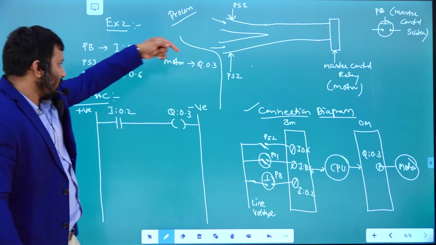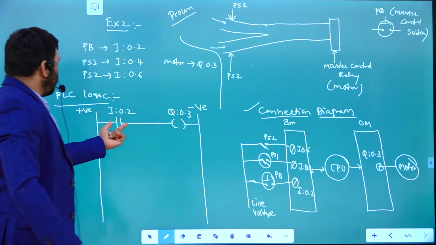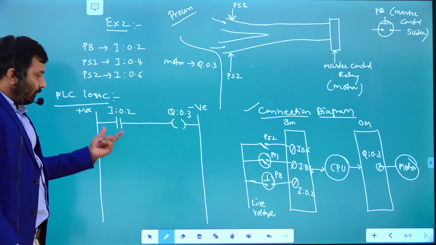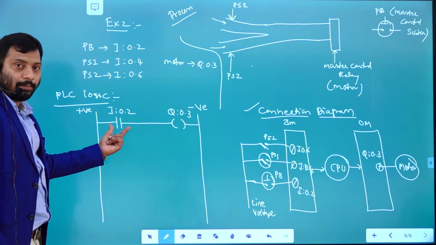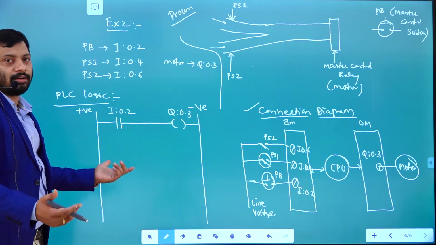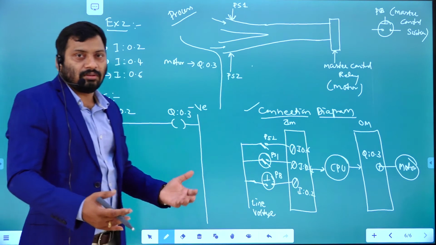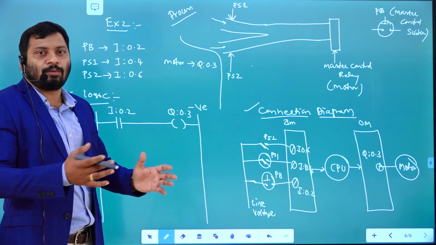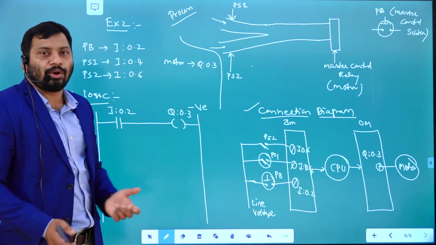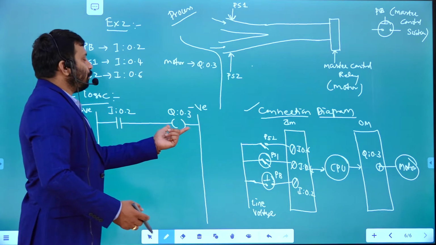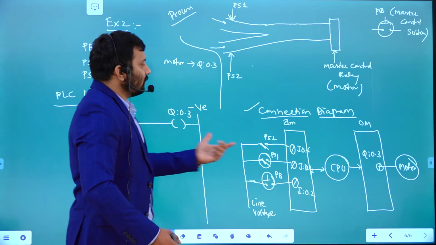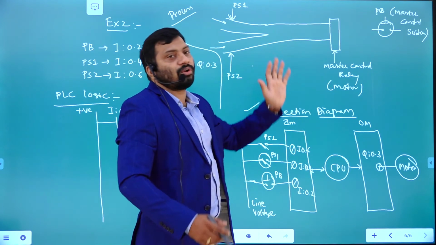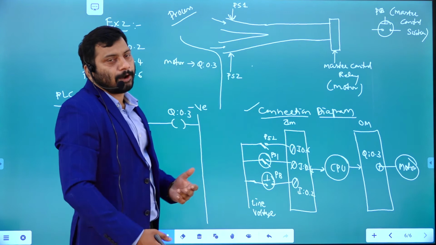For example, if the push button is in open condition, what will happen? The bit corresponding to this input in the input image block is going to be 0. If it is 0, the normally open contact stays open, it is not going to be closed. It is not energized, since input 0 means not energized. That is the reason the normally open contact is in open position only. So this output is going to be 0, which means the motor is off, so this conveyor belt is not going to start moving.